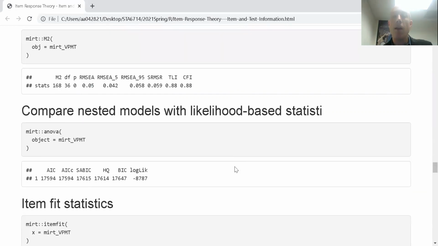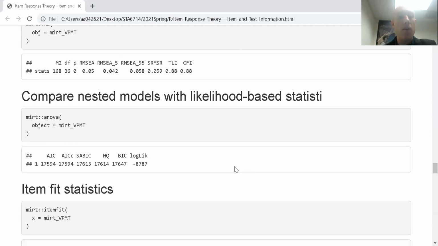We can compare nested models with log likelihood statistics. Now, you'll notice that I'm calling anova, but it's not actually running ANOVA. Remember, I don't get any p-values. So I am comparing models, but I'm not getting ANOVA values back because we don't have the necessary assumptions for there